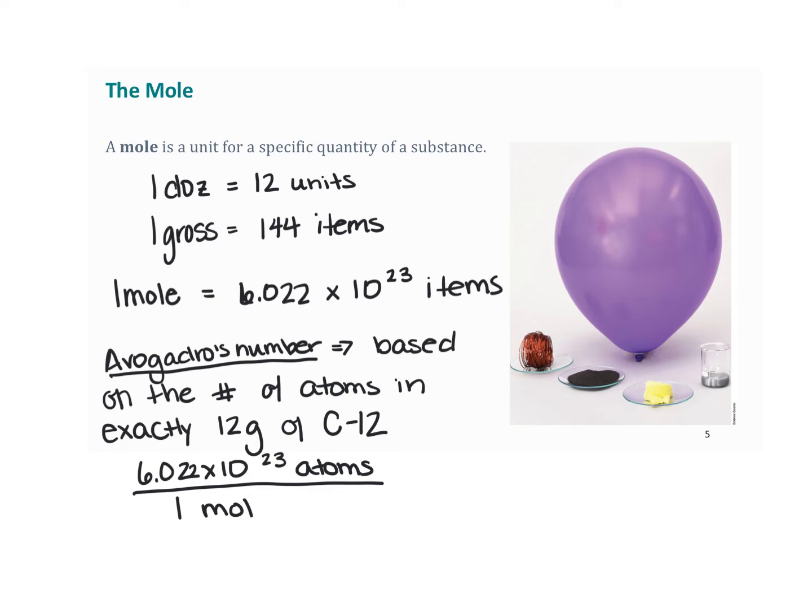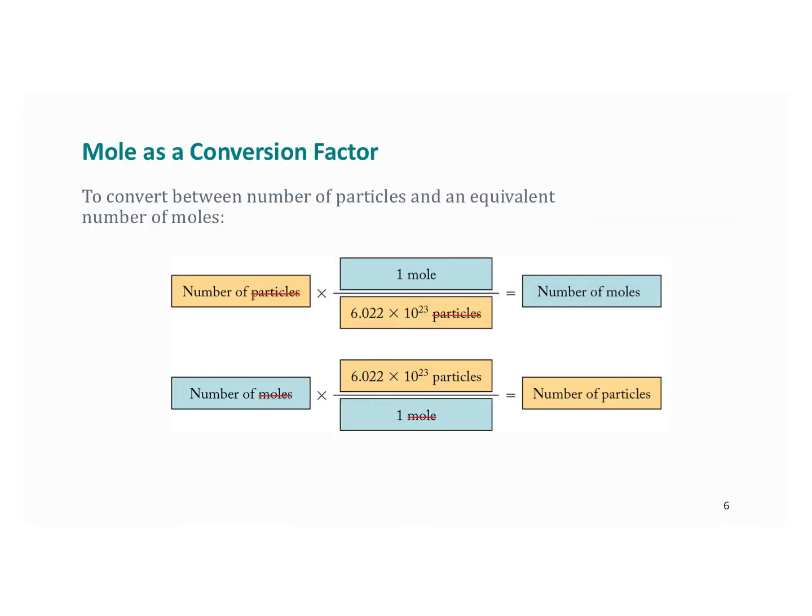So we can also use the mole as a conversion factor. Now, to convert between the number of particles and a mole, right? So you would say, look, here's the number of particles. There's 6.02 times 10 to the 23rd particles per mole. That'll give you the number of moles. If you start with the number of moles, just like any conversion factor, we can flip-flop the two, and now we're going to cancel out moles here, and you end up with number of particles. And so this can help us with atoms, molecules, photons, any sort of thing used as a conversion factor.